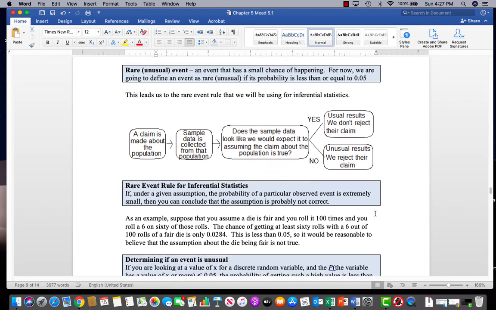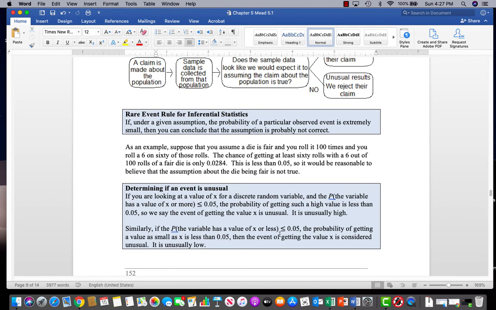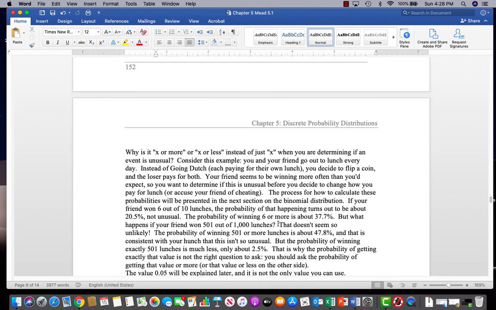So the rare event rule for inferential statistics essentially says that if something has less than a 5% chance of happening, that would be considered rare, and so we would consider that to be an unusual event. Okay, so these two blue boxes just give you that information, that if something has less than a 5% chance, it's either unusually high or unusually low. So as an example,